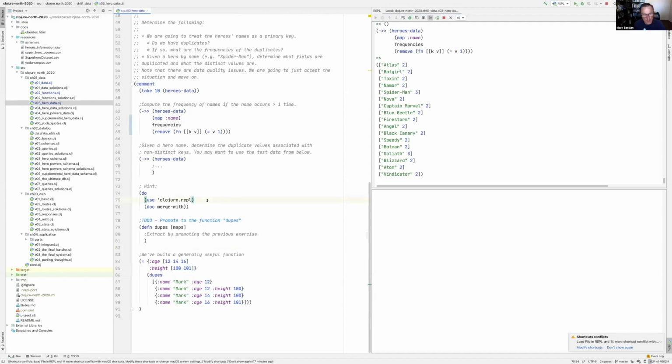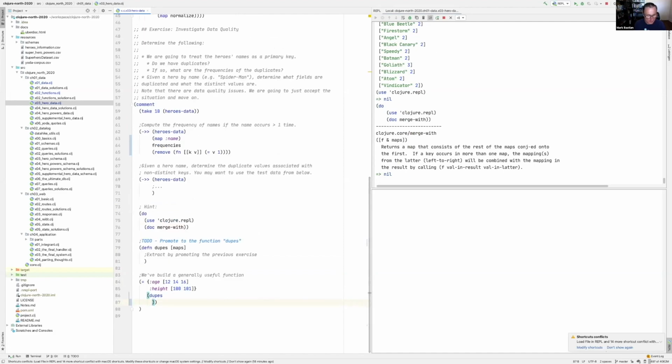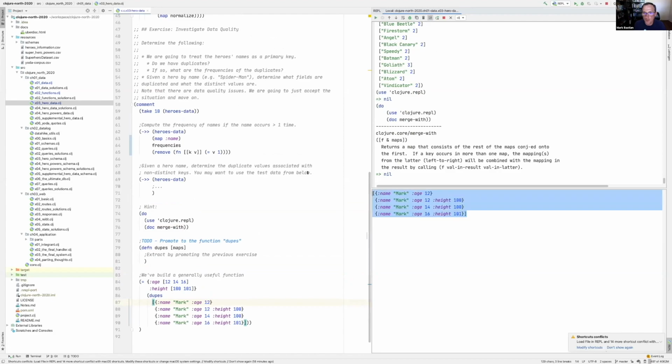Here's a hint. We're going to use the Clojure REPL and merge-with. Merge-with returns a map that consists of the rest of the maps conj'd onto the first, but there's a merge strategy if they're the same. So once again, we're going to go over to the REPL. Merge-with takes a variadic list of maps, not a sequence of maps. So we're going to do apply, and then we can say merge-with, and just for fun,